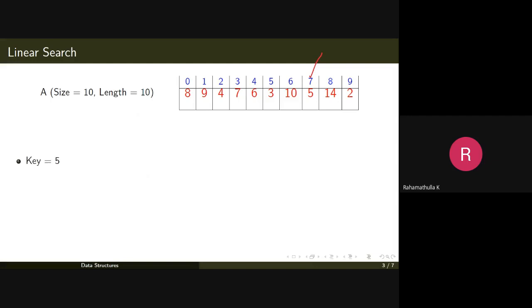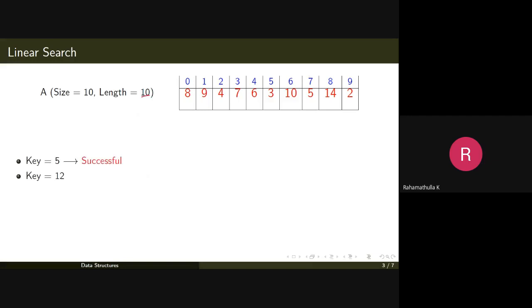Let's take this example. The linear search will proceed like this. We'll be comparing the key value with the first element, second element, third, fourth, etc. And on reaching this position, we get the element, or it is a successful search.